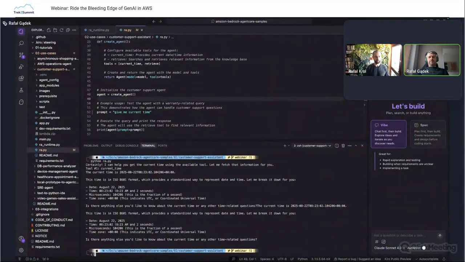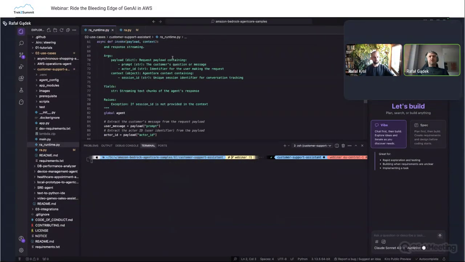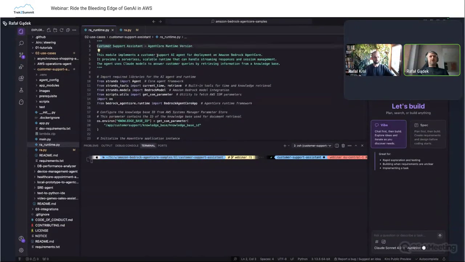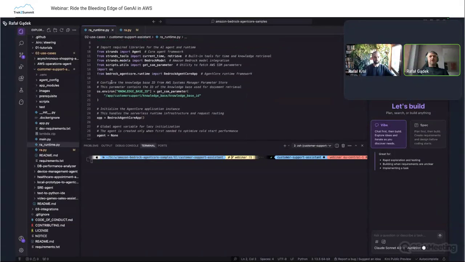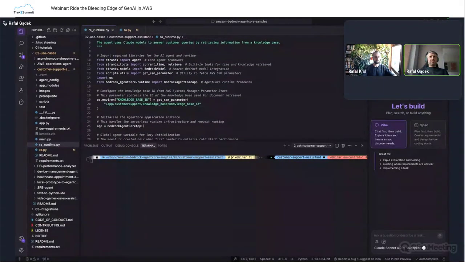Let's clear the screen. To set all the mentioned stuff we're going to be using another script, which is basically defining the agent. It's basically the same as in the previous script, but in addition to that, we're going to be defining some